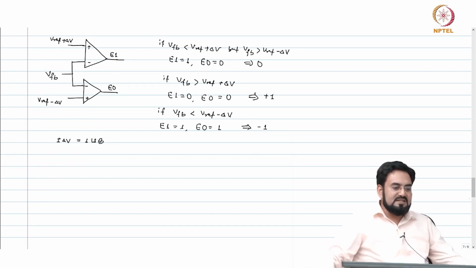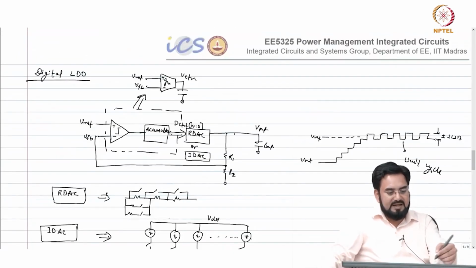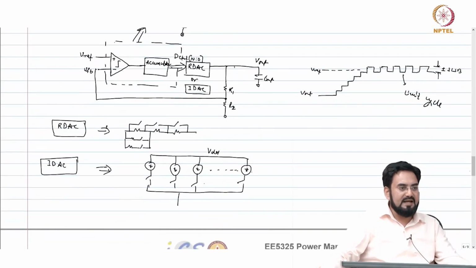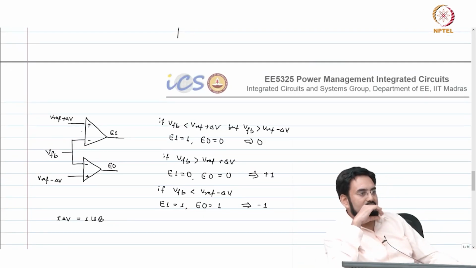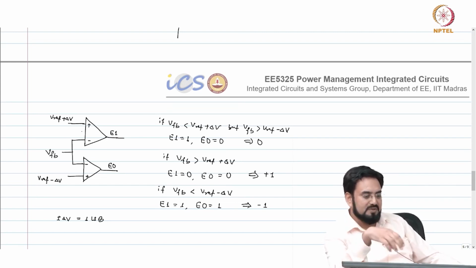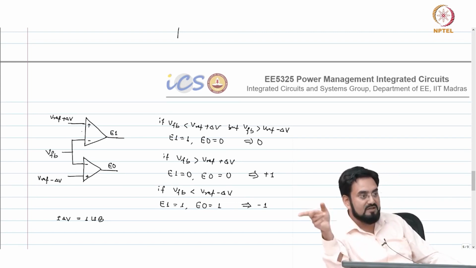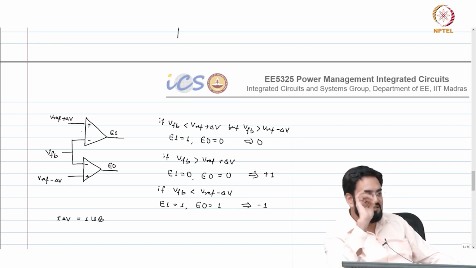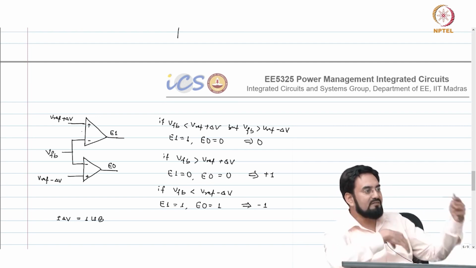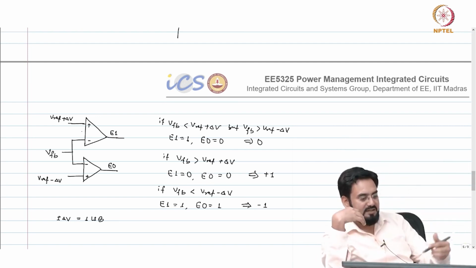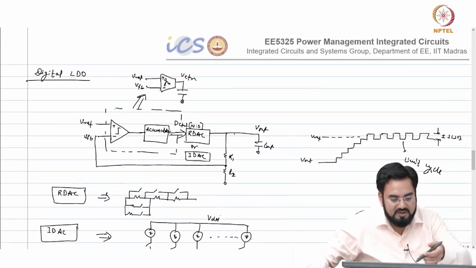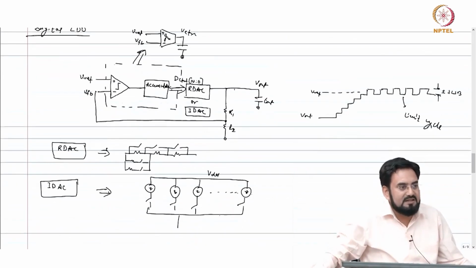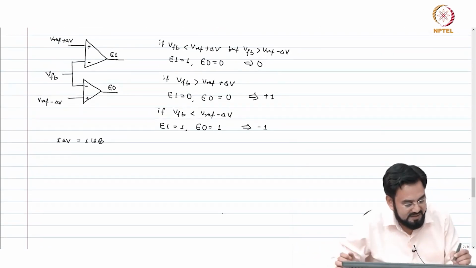Okay. So, which means if I ensure that the resolution of my DAC, RDAC or IDAC, is finer than this window, then it freezes and you will always get a 0. But if the resolution of the RDAC or IDAC is coarser than this window, then it will always cross that boundary and your code will be jumping between 0 0 and 1 1, and you will get the same thing as with the single comparator. So, that is why the requirement here is